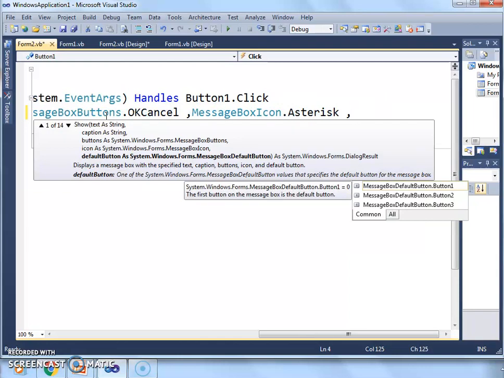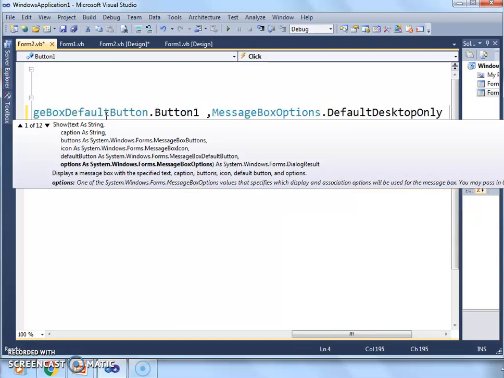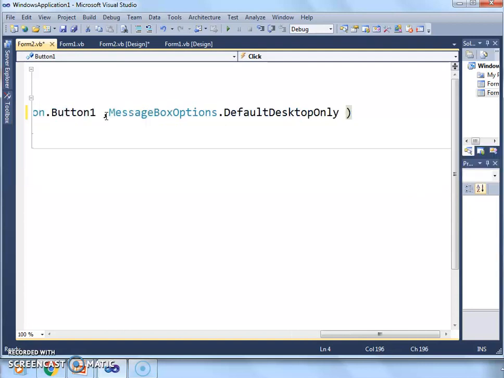Our first button, OK, we have to highlight, so we select Button1. Then comma. Then the DefaultDesktopOnly option parameter is displayed. Then we click the first, DefaultDesktopOnly. Now the help button is optional, so we do not take this parameter. Then we complete our coding of the message box.